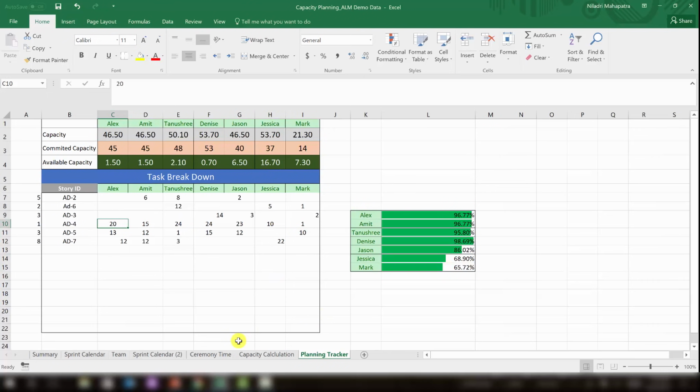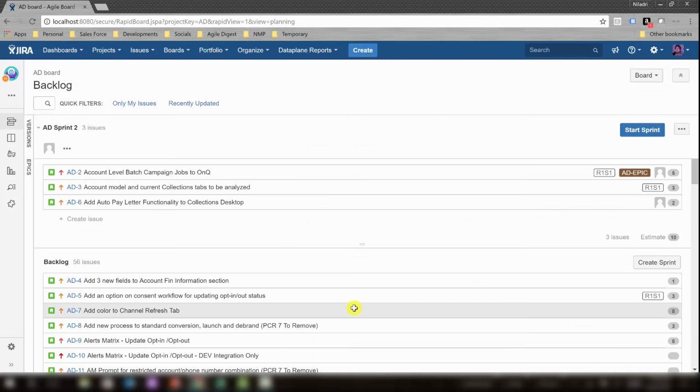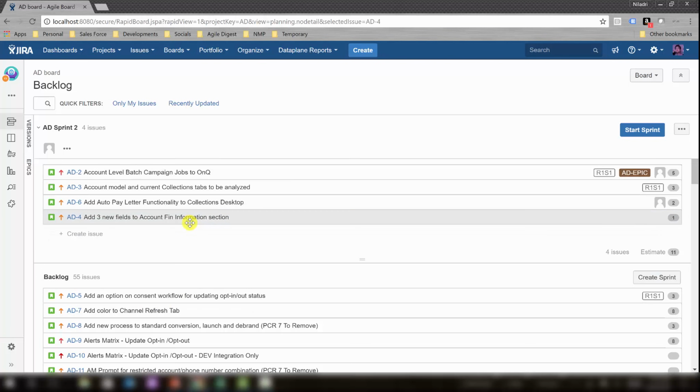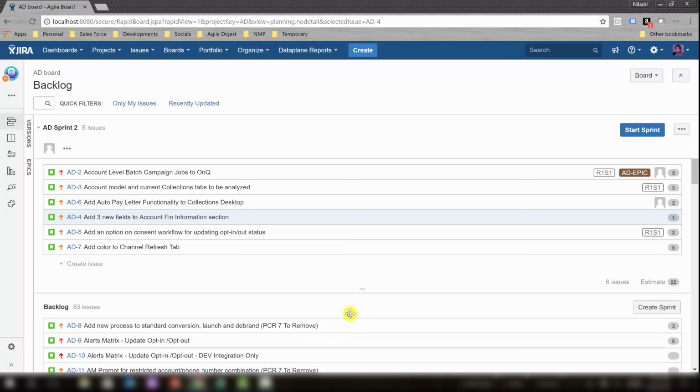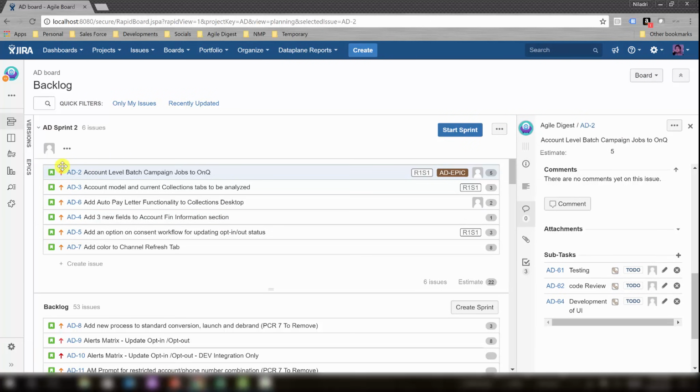So what I will be doing here is, in Jira, these are the 3 more stories we have committed. We already saw we can change the sprint number to move it to one particular sprint. This is your upcoming sprint area. So what I can do is I can move a story like this into a sprint, or I can drag this area and leave it here. So now all these stories are part of your upcoming sprint. And quickly to have a look, we have all the tasks created here,